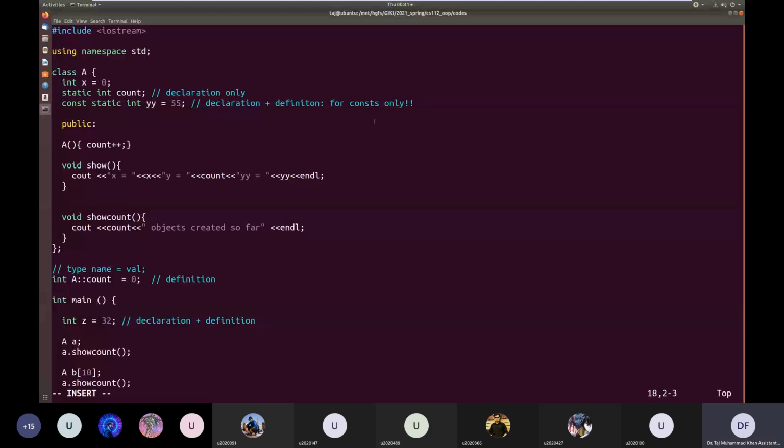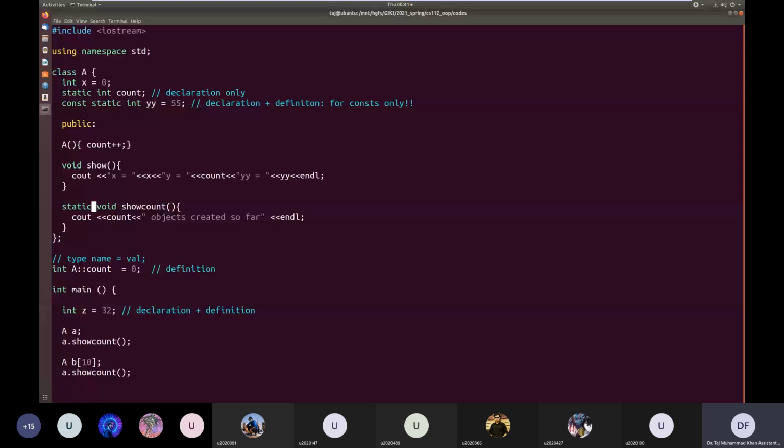So this show count function has now become static. Let me see if it can be called using an object, because normally you will call this show count function like this: class name, scope resolution operator, show count.